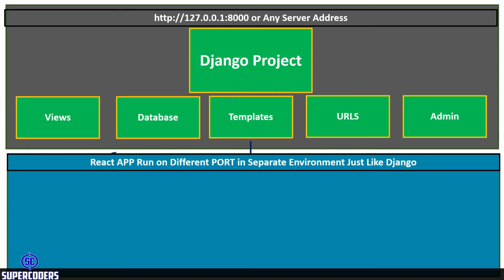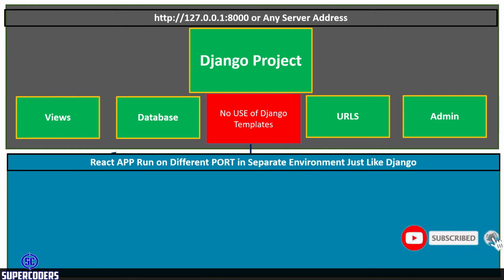I will show you more advantages. What is the advantage of using a React app and REST API in our project? That's why we use Django for the server side. Now in the React app, after creating it, there is no need for Django templates because all this work is done via the React app. We don't need to use Django templates because we are already using templates in our React app, which is different from Django templates. Also, in the React app, there is only one app, the React app.